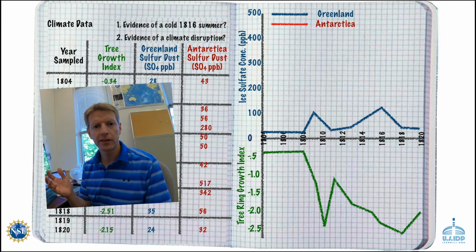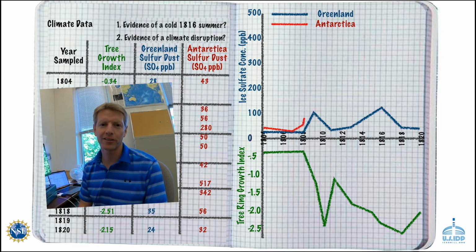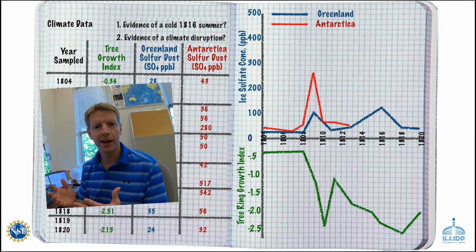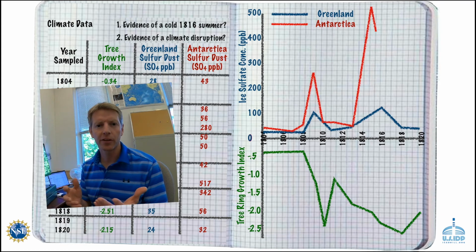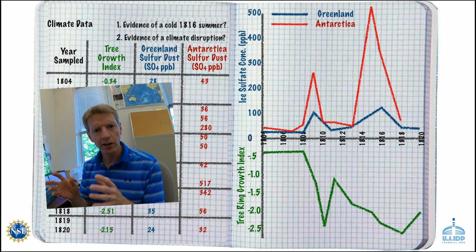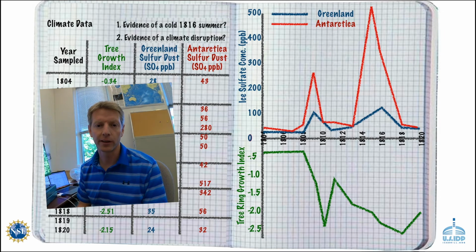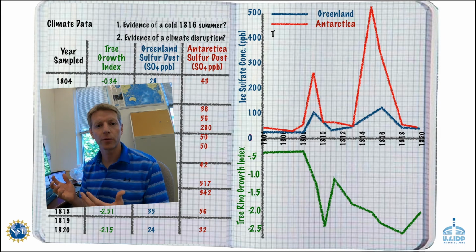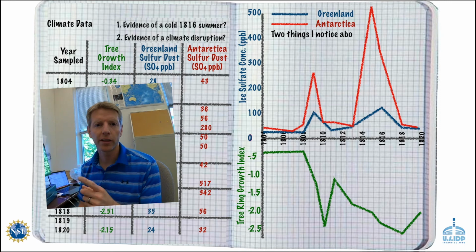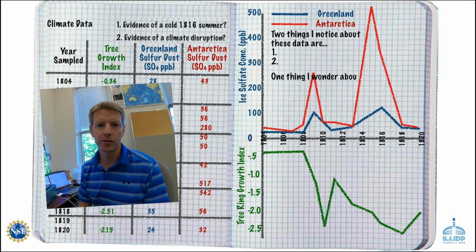So when you plot up the data from the South Pole, it looks something like this. Really interesting. So I want to take a moment now to actually spend some time with your classmates and your teacher, look at the data and see what story you think this data is telling us about what's happening between volcanic eruptions as recorded by the ice cores and temperature as recorded by the tree rings. So take a moment once again to record 2 things you notice and 1 thing you wonder, and feel free to pause the video here to spend the time that you need to do that.